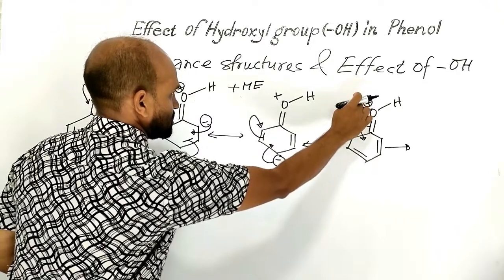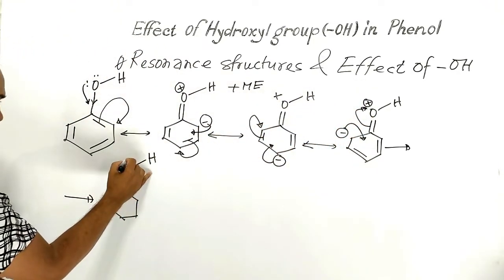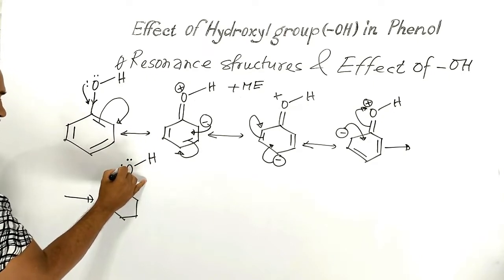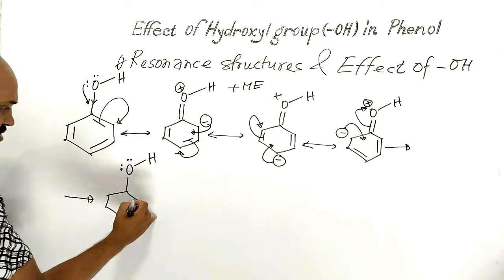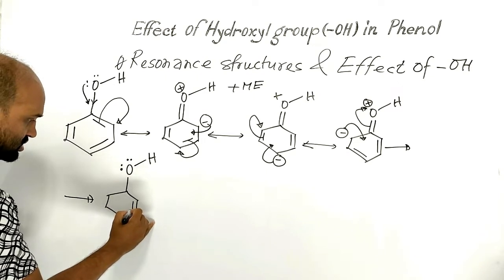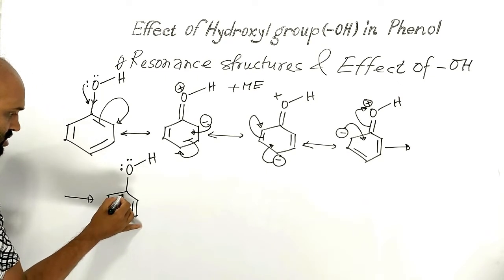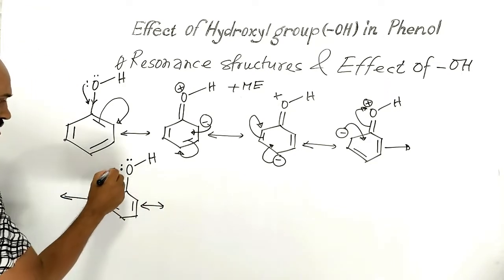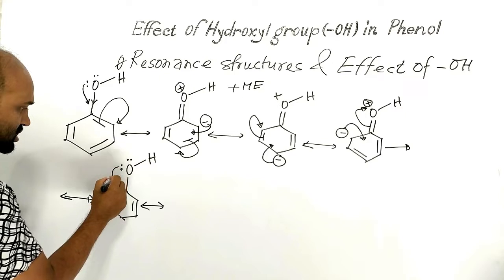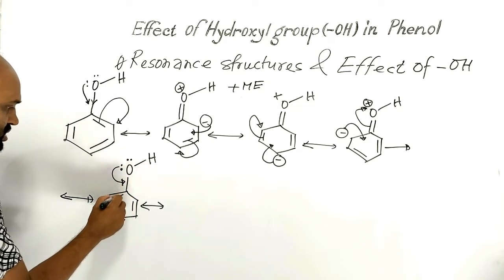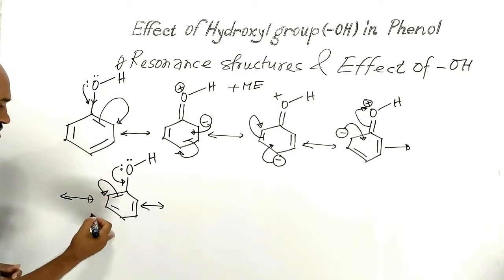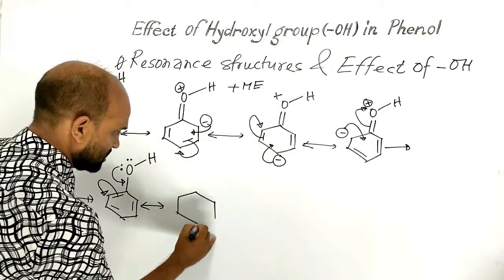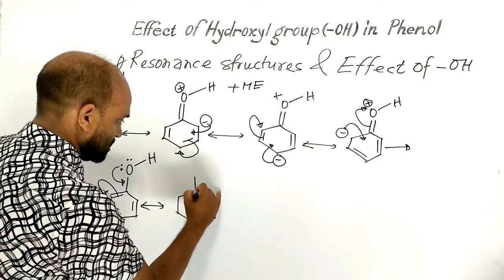So one pair of electrons, again another pair of electrons, and double bonds are this one, here this one. Again it happens, repetition occurs, and ultimately we will get this resonance hybrid,